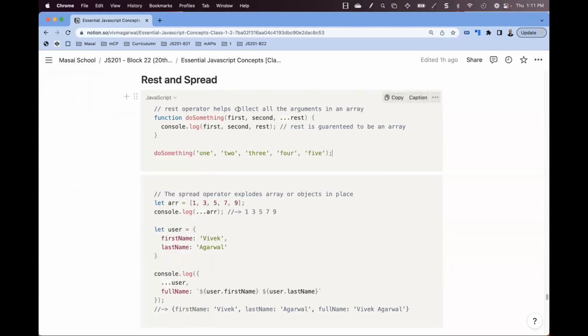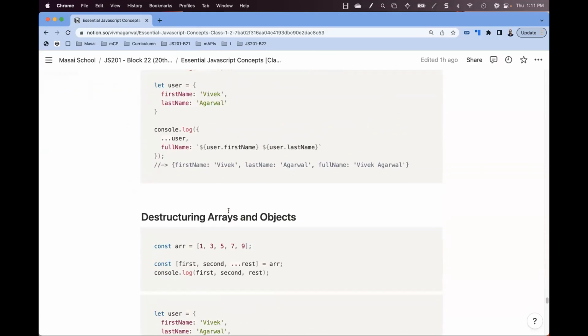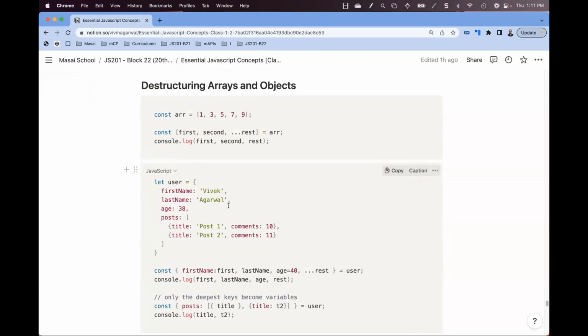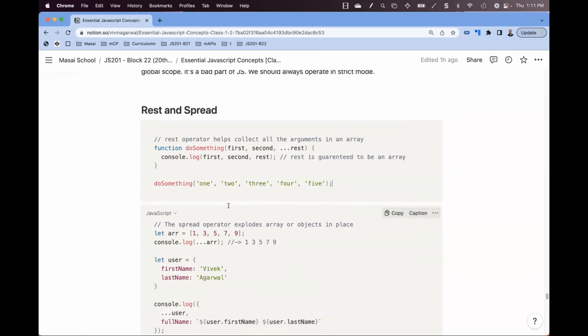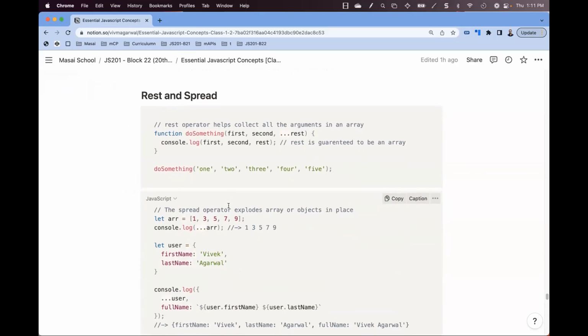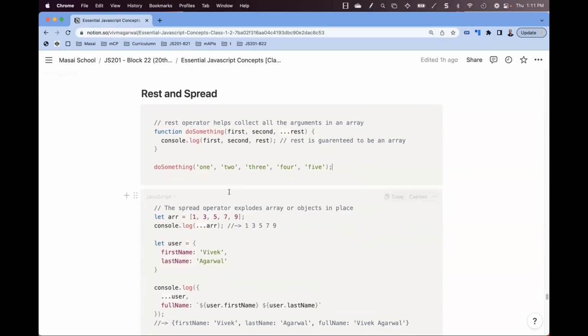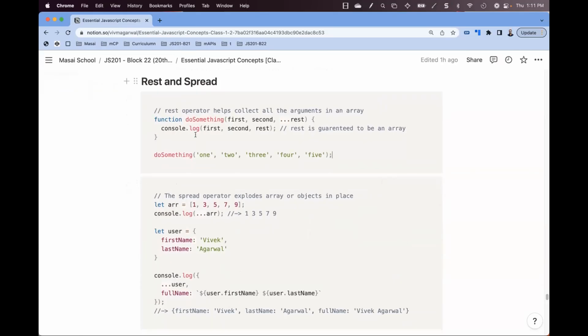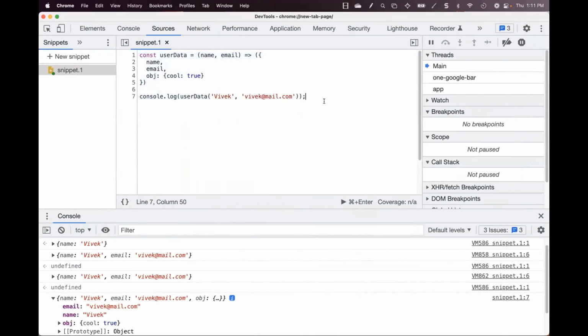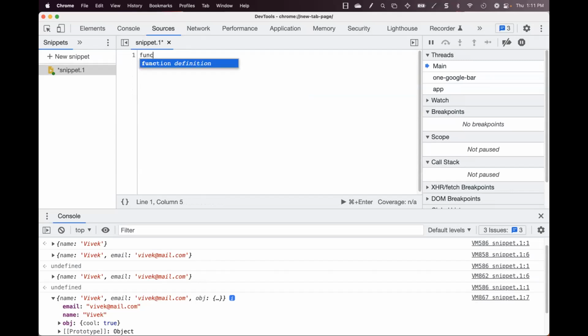Okay. So I'll let you all revise by yourself the REST and the spread operator, because most of you have done that. You know the spread operator. So revision will be good. Okay, let me do the revision. Alright? So REST operator helps us collect all the arguments in an array. So for example, if I have a function do something, it takes in,